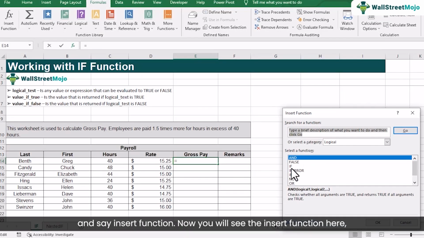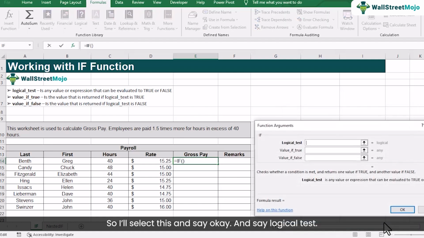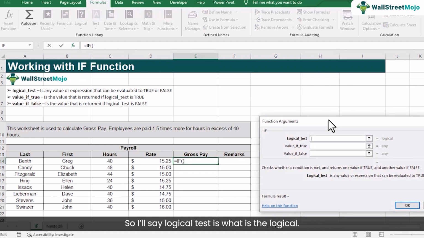The functions which are used often come here in this box. So I'll select this, say okay, and go to the logical test. The logical test is: if this is less than or equal to 40, then the answer is very simple. Then the pay is this times